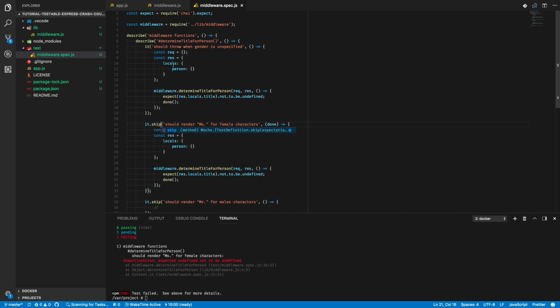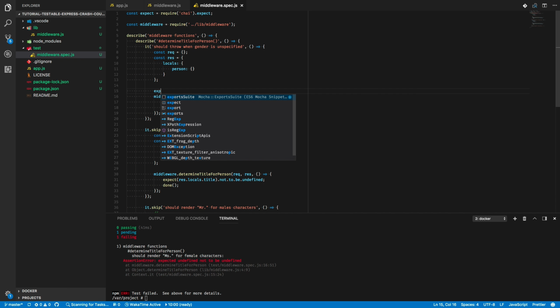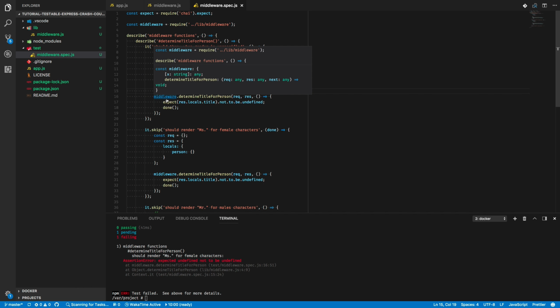Determine. So right now gender would be unspecified, right? Which means that we should be throwing here. How do we do this? This is a little bit different. So we're going to expect,